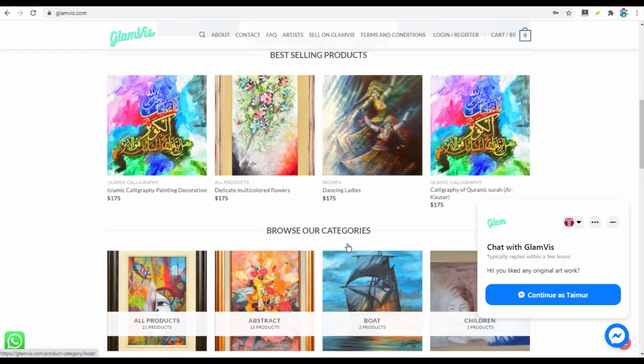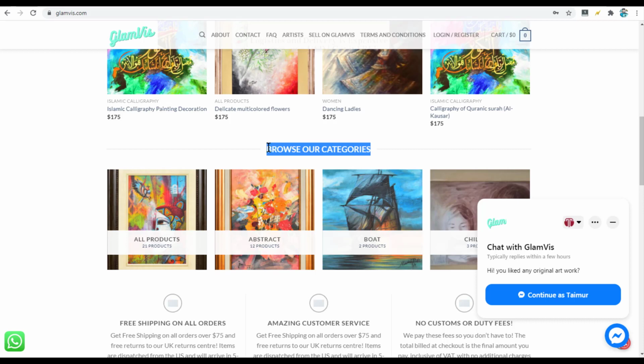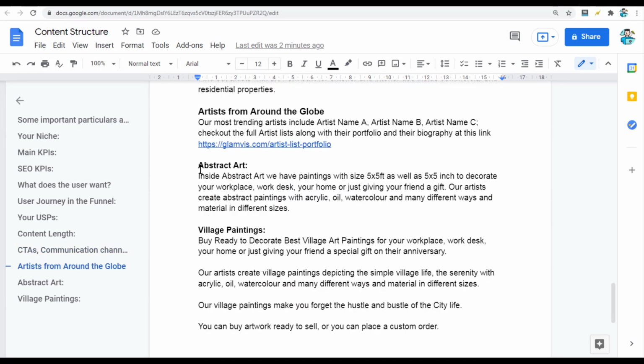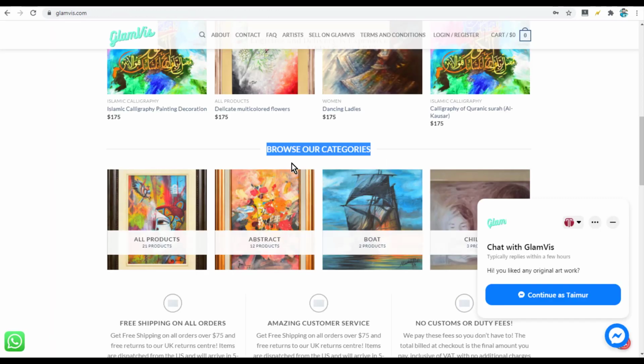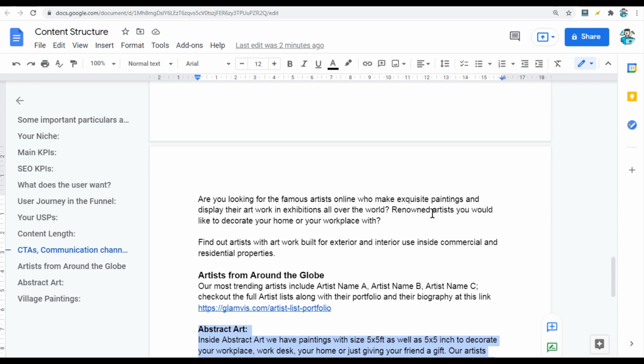Browse our categories. Suppose we create browse our abstract category, or we can rename it to browse abstract paintings, and below that we can put this abstract art paragraph. Same with browse village paintings, and we can place that content over there.